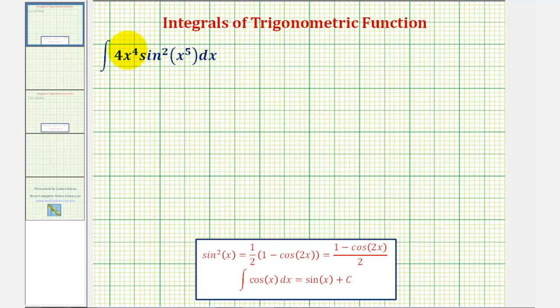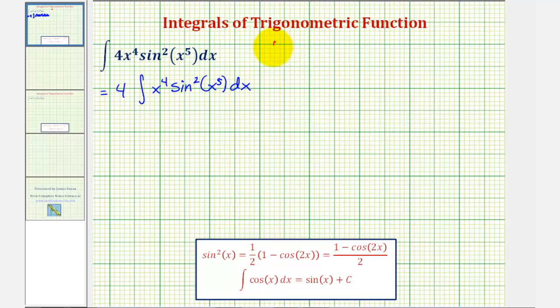We want to find the antiderivative, or evaluate the indefinite integral. Let's begin by factoring out this 4 and write this as 4 times the integral of x to the 4th sine squared x to the 5th. Notice how we have x to the 4th here and x to the 5th here, so we'll perform U-substitution and